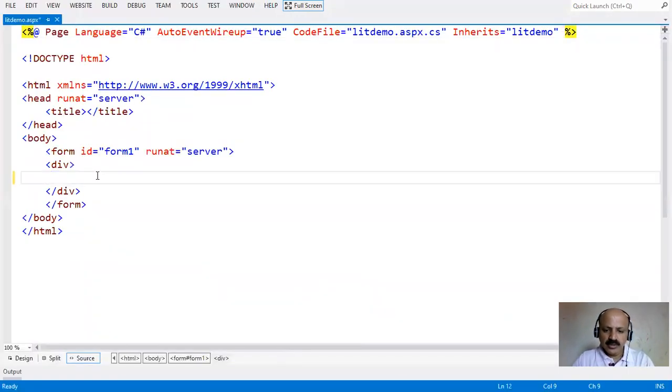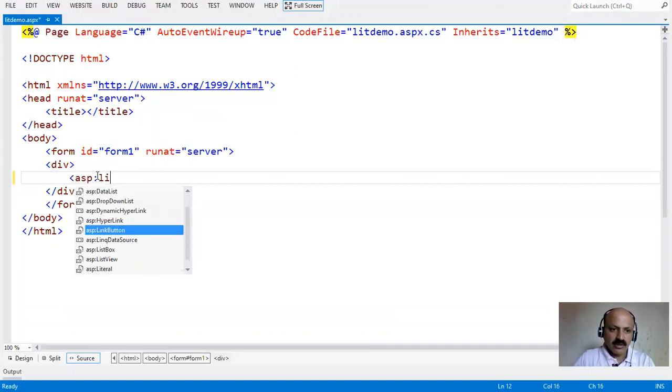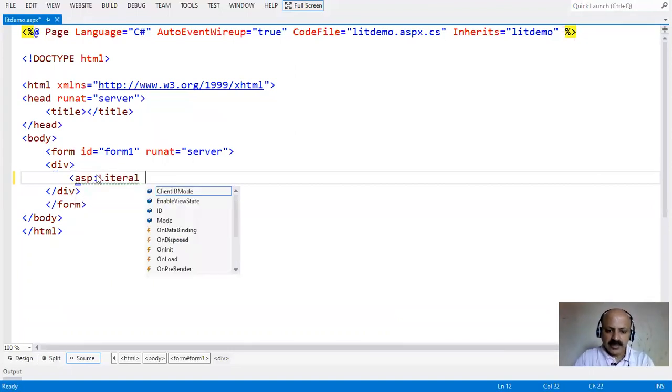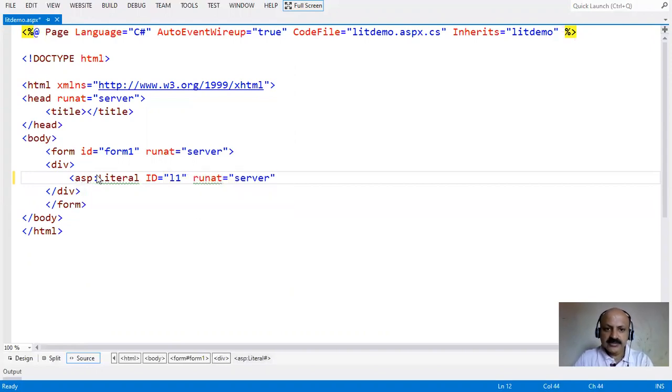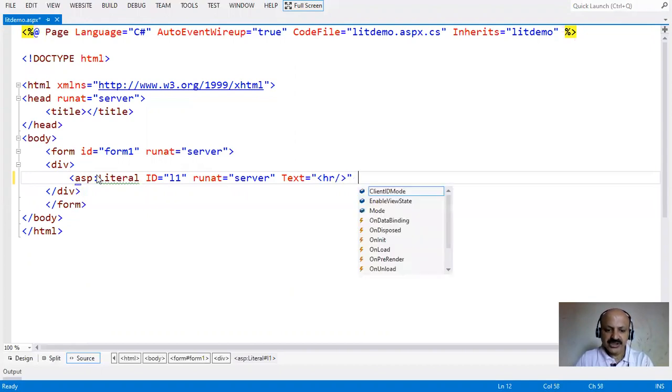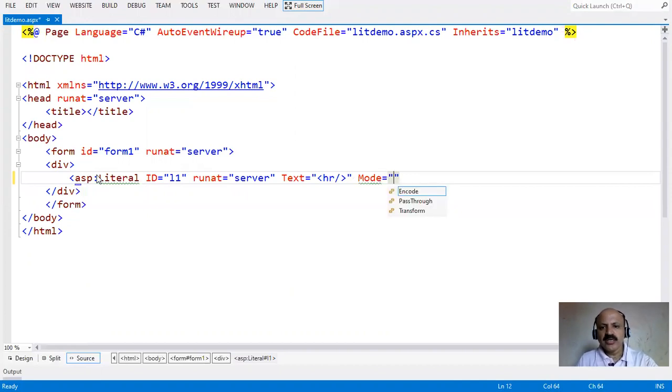Here we have to take asp:Literal control, giving the ID L1, runat server, and for text we assign the HTML HR, meaning horizontal rule line in HTML, and the mode property. So the mode property has three values. First we assign them, and after that understand which property works for which purpose.